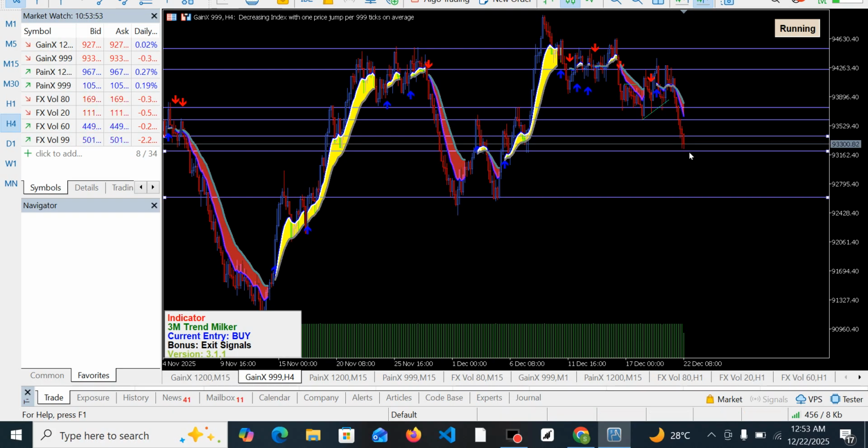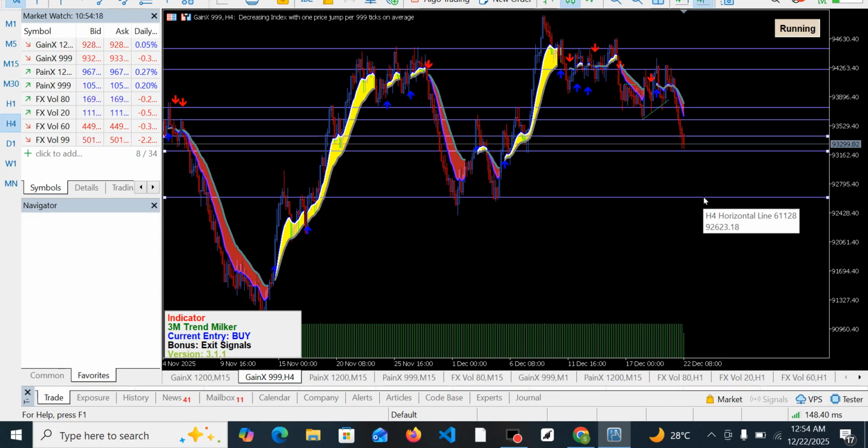So for now, if it should break out from here, you should know that it's going to sell more and may likely get to this region. Okay, so this is very, very important. It looks more of a downtrend than an uptrend, most especially if it breaks out from this support region, although we might have pullbacks in between, but this is where I feel it is heading to.